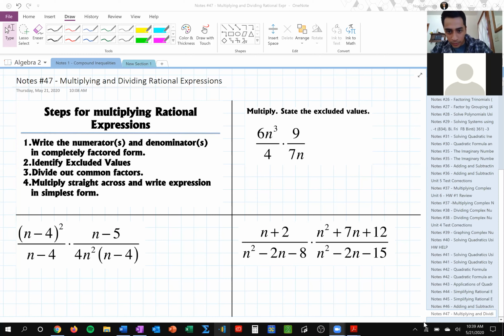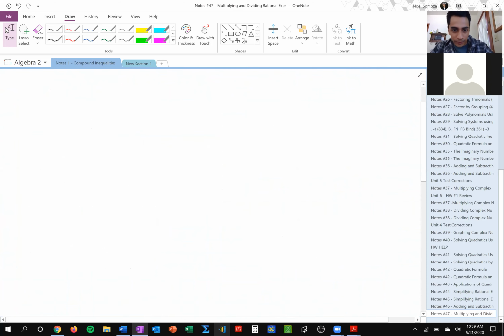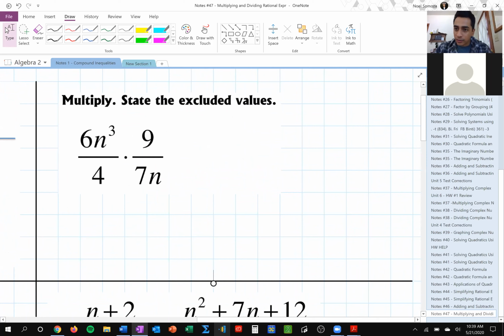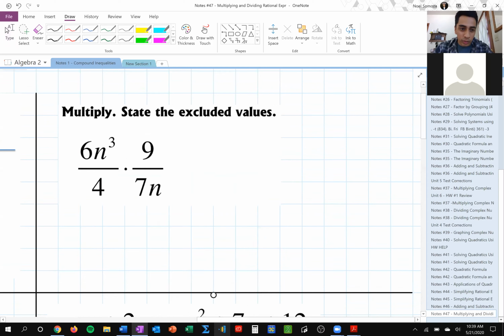Okay, so with multiplication, it's quite fun because what you don't have to worry about anymore is finding common factors. That is the most important thing. Multiplication is easy. Adding and subtracting is more difficult. So you have to pay very special attention to what you're being asked to do. I'm telling you to multiply, but what you're primarily looking for is the sign that separates both of those